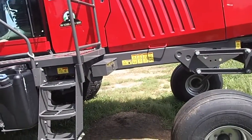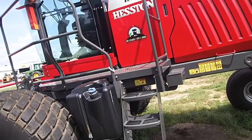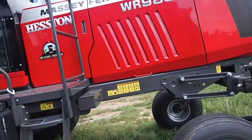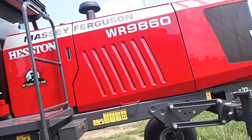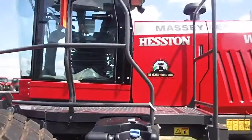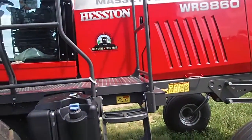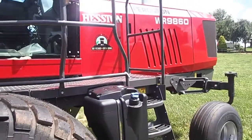I mean, I would prefer the Case WD-2303 over this, because the fuel tank is tucked underneath the cab away from the heat. The hydraulic oil tank is up against the cab away from the heat. The beer can, or that particulate filter, which in my opinion should be at the highest point, not the lowest point, because if anything spills on top of it, it's going to burn. And then you know what happens if it does burn? You got a fan blowing air this way, and you got to come through that door out past that fire, and I'm telling you, there's got to be some of these things burn. If they don't burn, I don't know what the hell to tell you, but man, I wouldn't buy it